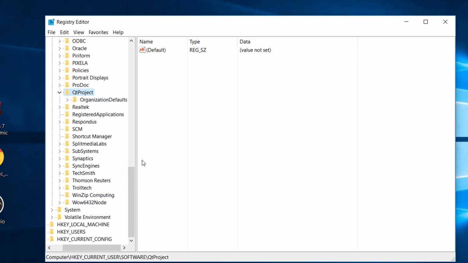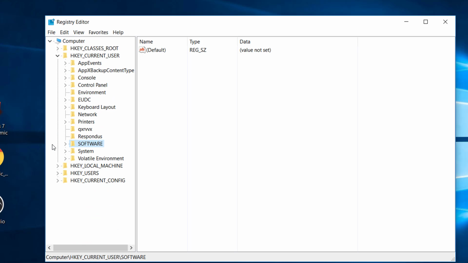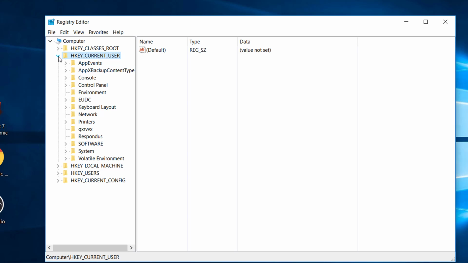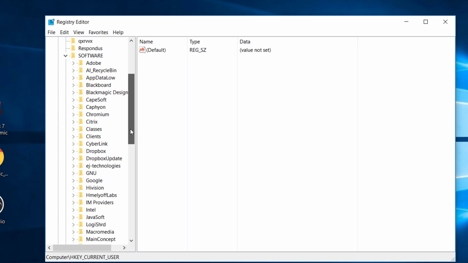And I'm going to launch this. Now, where we're looking, a little bit about the registry. There are these different hives, or these different groups or classifications of settings, and what we're interested in is the current user. So we can expand that right here with that little drop down, and then down to software, and we're going to look for